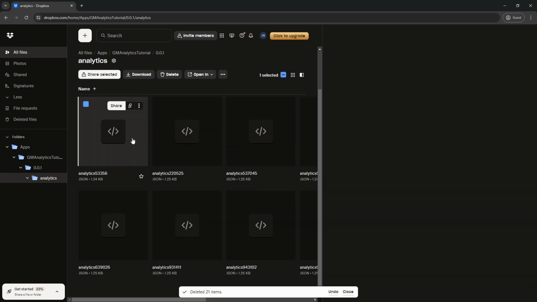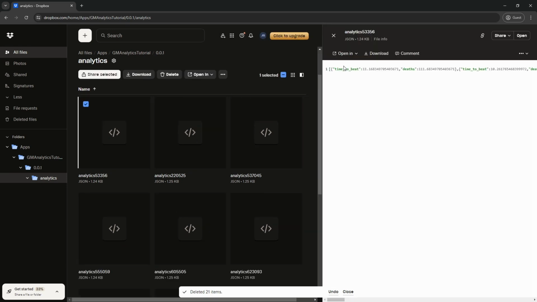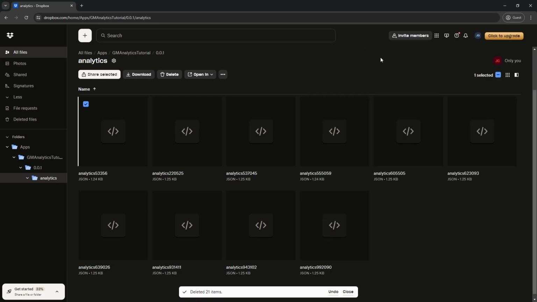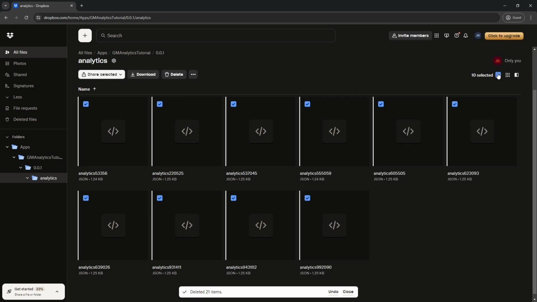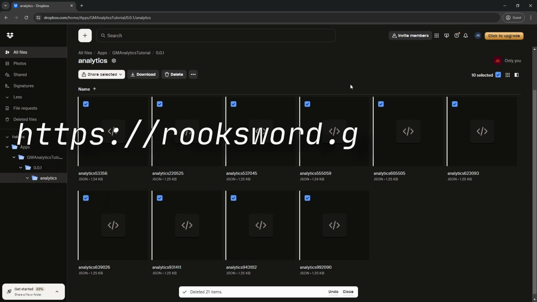If you click on one of these, you can see that they each contain an array containing 20 structs representing the time to beat and the amount of deaths for each level. What you want to do is select all of these and download them. A zip folder will be downloaded and you can just extract this to wherever you want. Next, go to